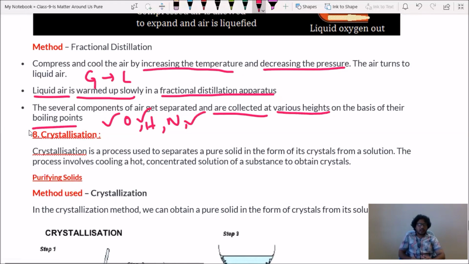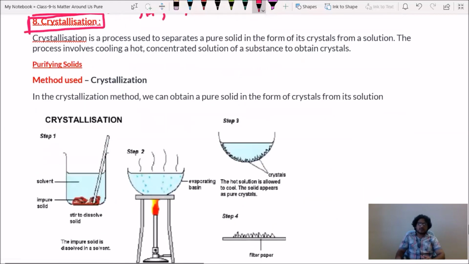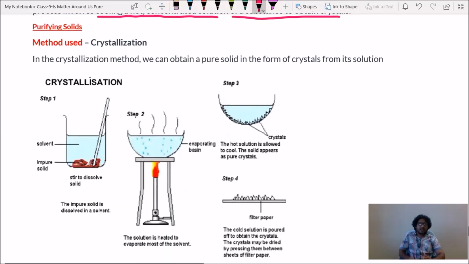Next, the last method, crystallization. Crystallization is a process used to separate pure solid crystals from a solution. If there is a solution and you want to extract pure solid from it, crystallization is used. The process involves cooling a hot concentrated solution of a substance to obtain crystals. It is a simple method. Here we can obtain a pure solid in the form of crystals